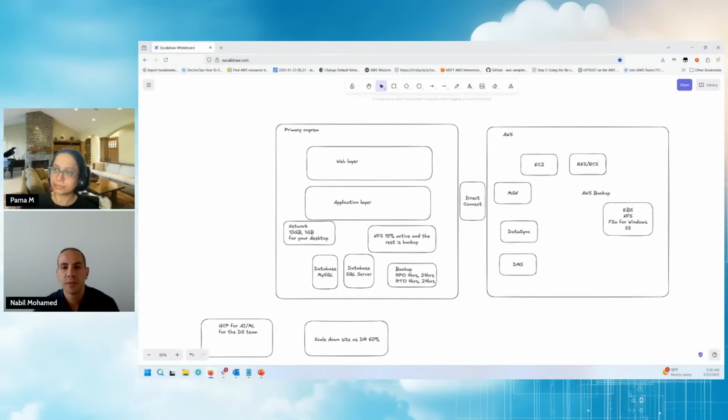Also, if you are worried about your development team spinning up stuff that is not right, this is also part of the landing zone in AWS Organizations. We're going to have specific sandbox accounts for the developers, and we can define what kind of services they can spin up or not. We can also define notifications on that if they spin up a specific thing.